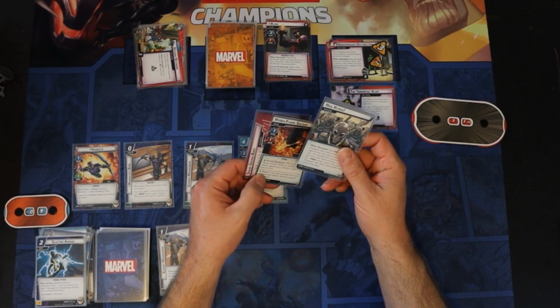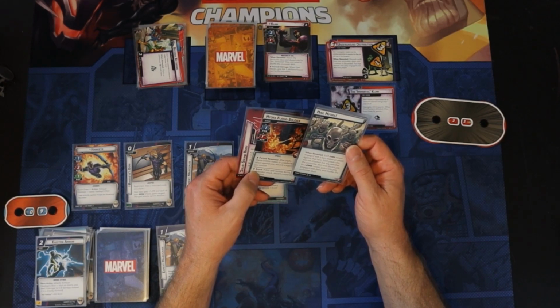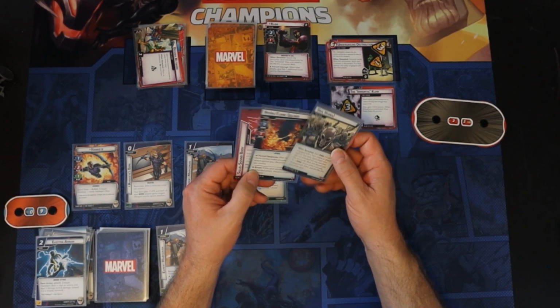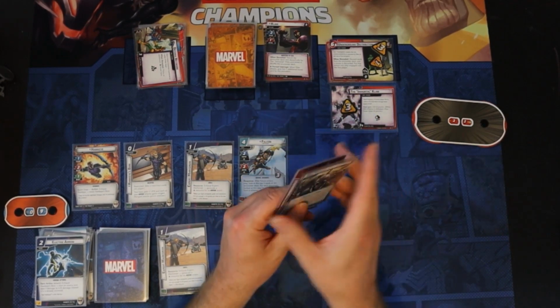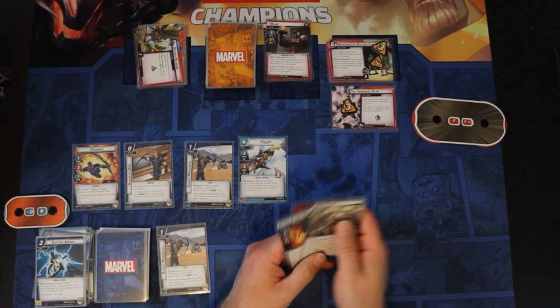But then the boost card will be: each Hydra minion engaged with a hero makes an attack. Each player who is not attacked this way searches the encounter deck and discard pile for a Hydra minion. So I'll have to put a Hydra minion into play if I stay as hero. So I'll decide what I want to do there. If I don't stay in hero form, I get a Hydra minion anyway, so I guess I might as well just